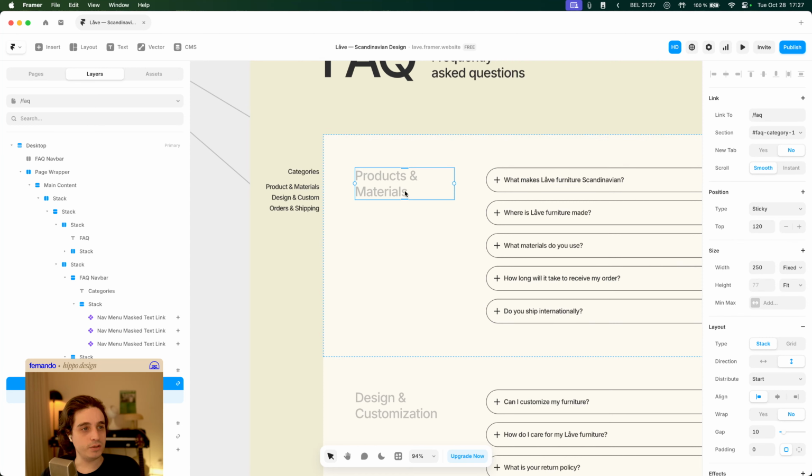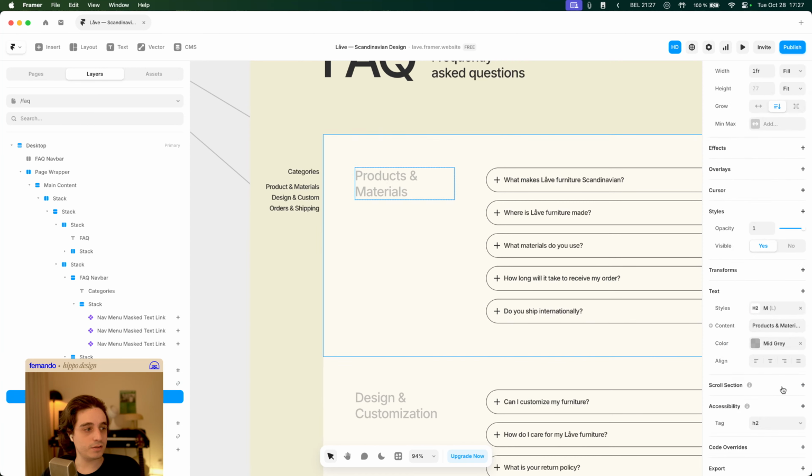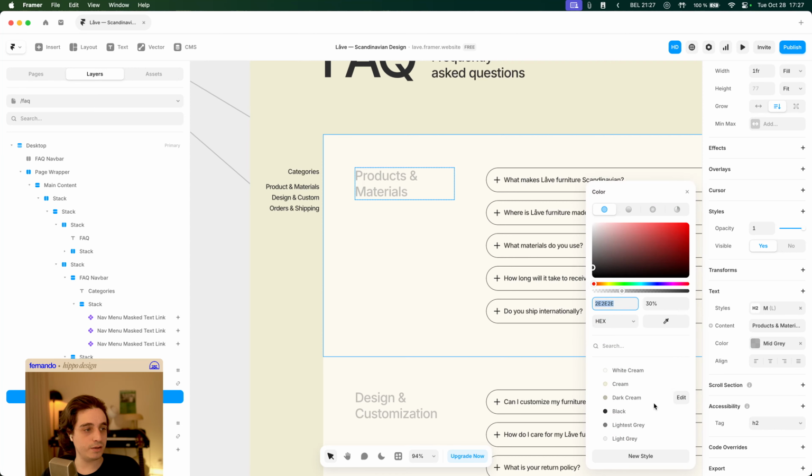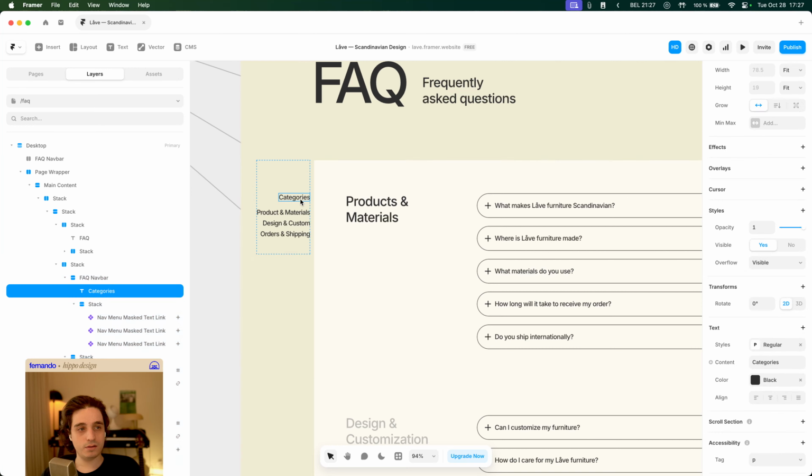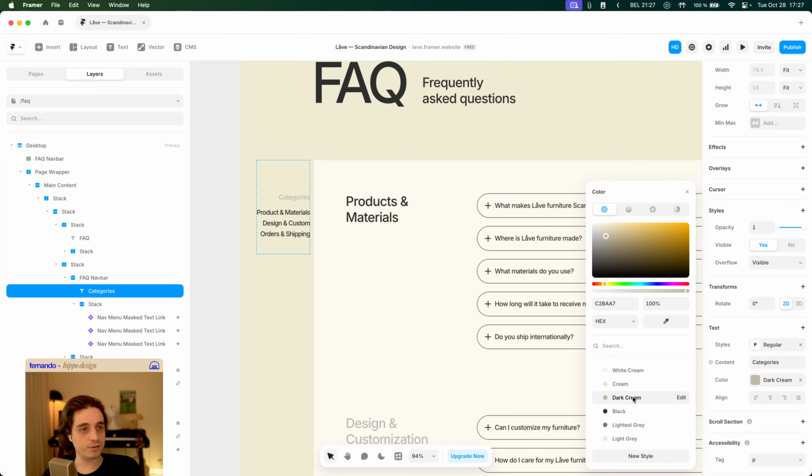I guess we can leave the link there. That's going to be set back to black, or yeah, black is fine. I guess here we can do maybe the dark cream. It's too light. The lightest gray, I guess. Or just the black, and then there we'll do